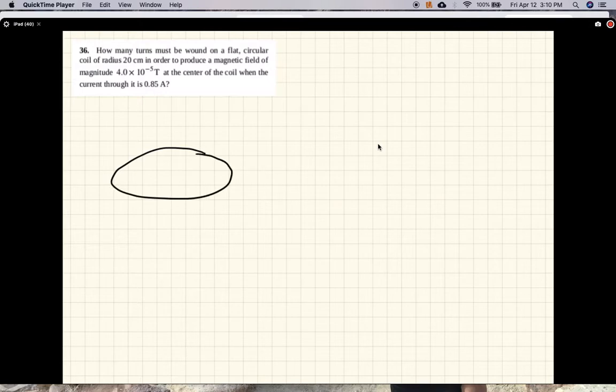Here's a circular coil, radius r, and if it's carrying a current like this, the magnetic field at the center will be pointing up. You can use your right hand to figure out that the magnetic field is like that. Okay, the strength of the magnetic field along the axial point is given by mu naught